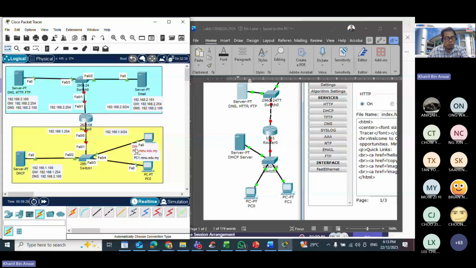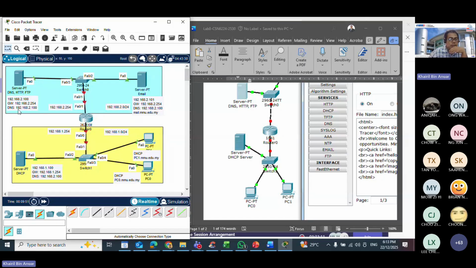And then the bottom one here still uses DHCP, but now it's PC0, right? Then also here, it will have a domain of mail.mmu.edu.my, right?